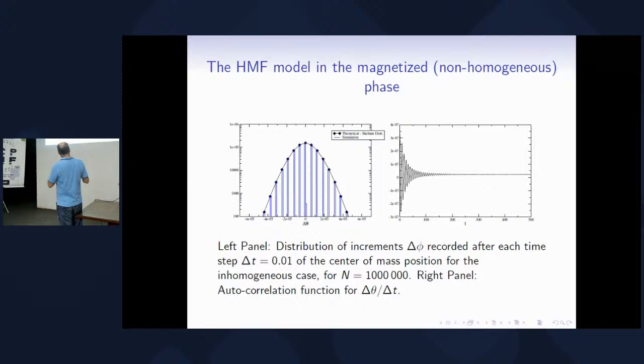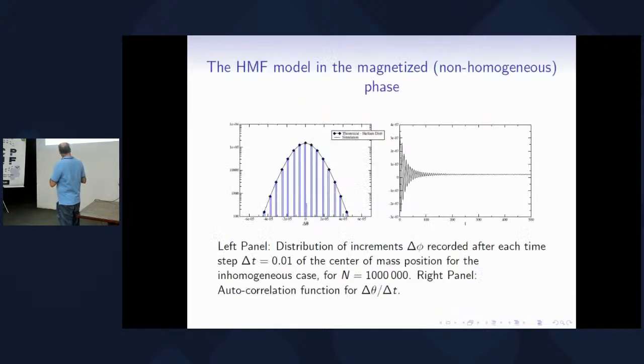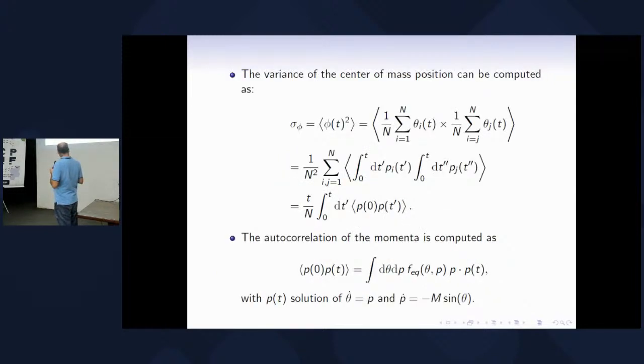Here is the autocorrelation of the position that we can use to compute the diffusion of the center of mass. Here is this function. What is interesting is that it oscillates, but it goes to a steady value, at least for n sufficiently big, which is different from 0. Which means that this is linear in t for a sufficiently long time.